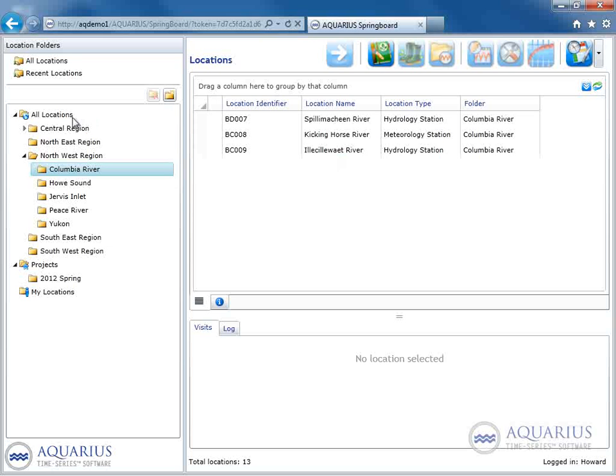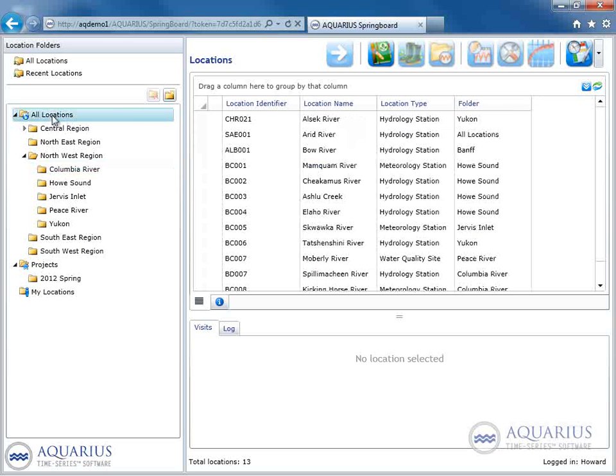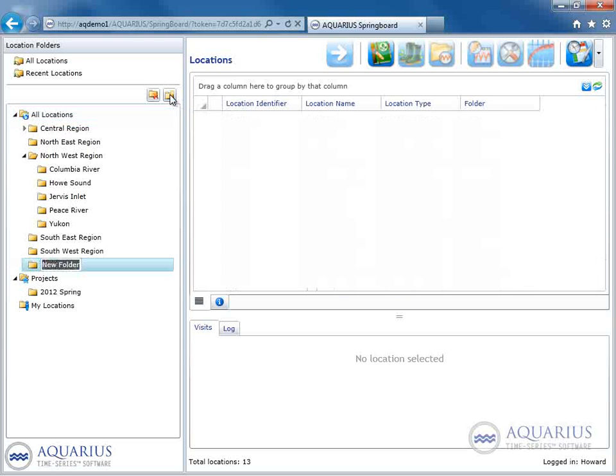If you would like to create a new region, simply select All Locations, the top folder. Right-click or select the New Location Folder button and type in the name of your region. To edit, you can select that twice quickly